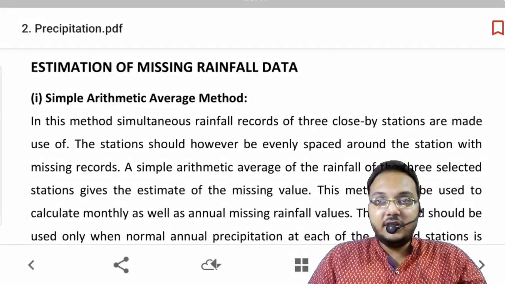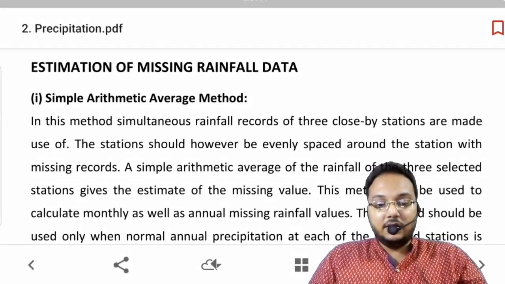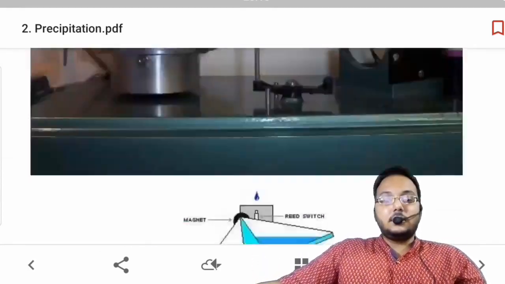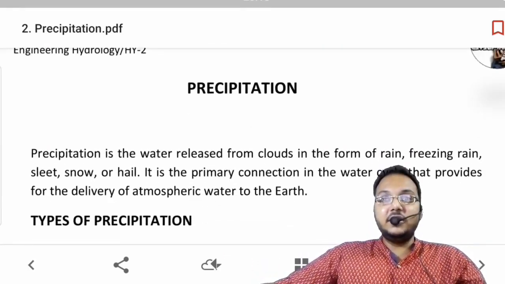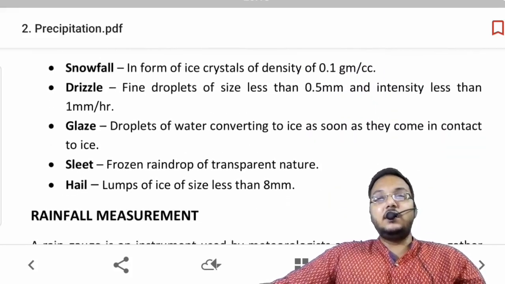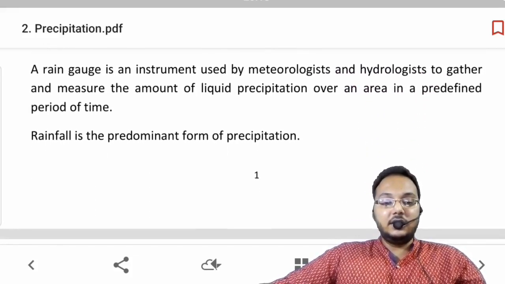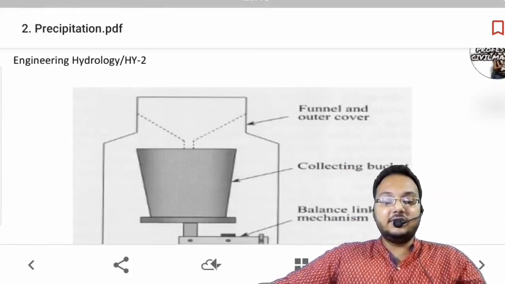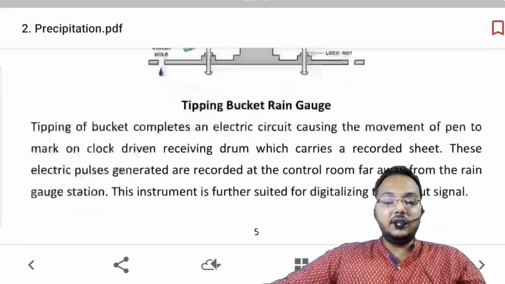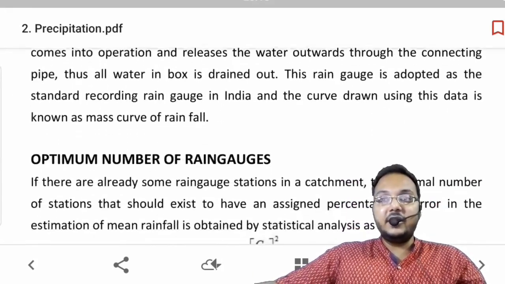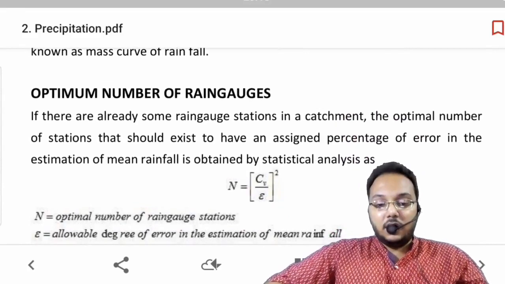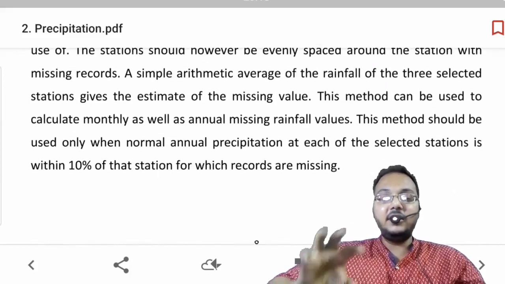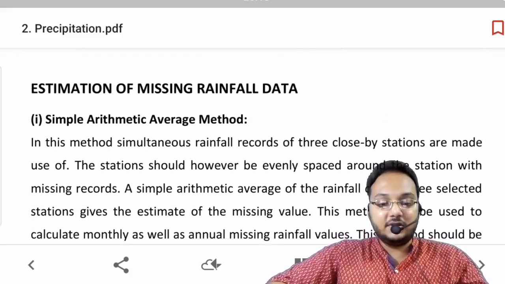Second part of the video lesson regarding precipitation, and till now we had been reading about various topics like the introduction to precipitation, the different types of precipitation, the rainfall measurement, and the types of rain gauges which we had, recording or non-recording type gauges, and we also estimated the optimum number of rain gauges that we require for a particular basin or a catchment, and then we tried to estimate the missing rainfall data by two different methods.